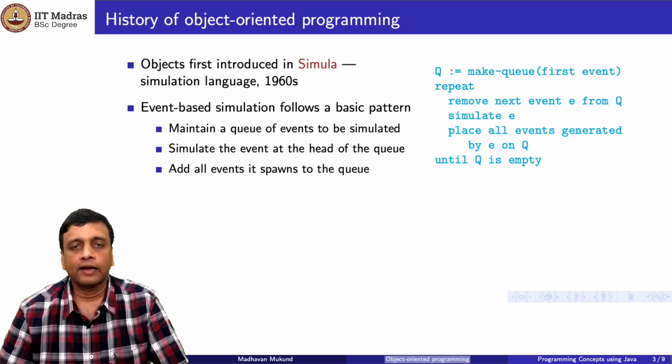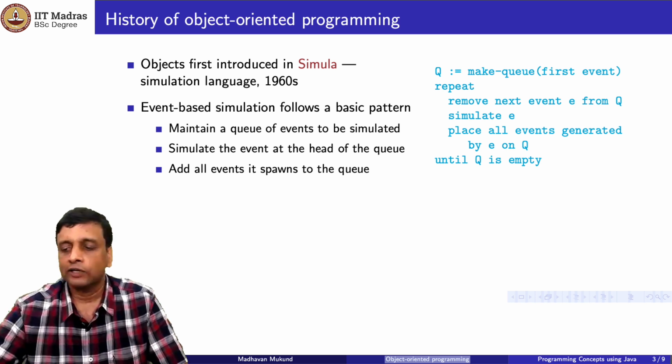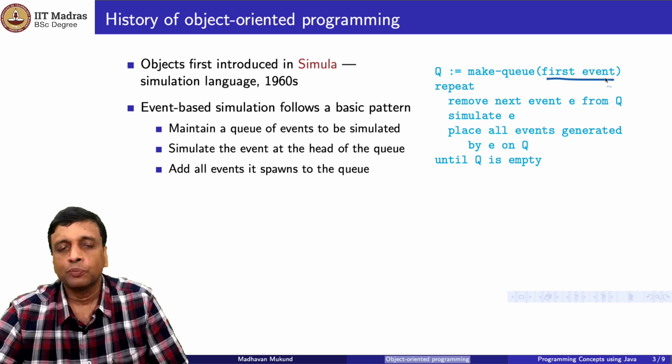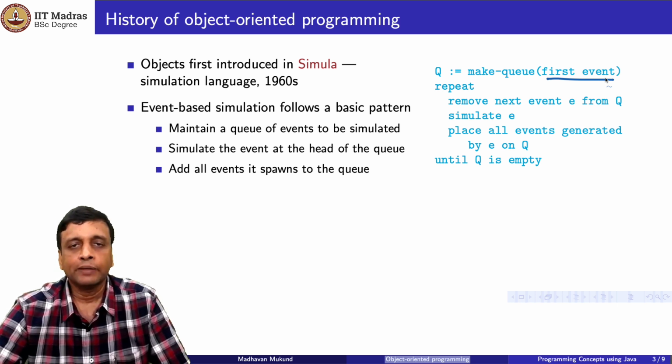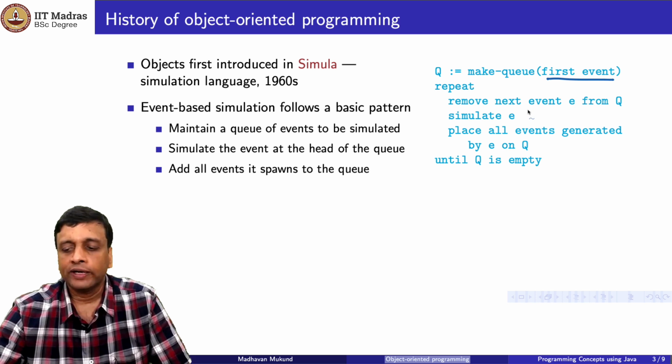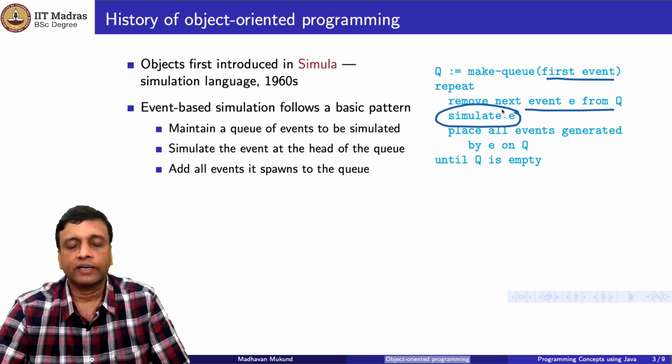So the typical run of a simulation starts like this. You start off with an initial event, which you put into a queue. So this is a queue of events that remain to be simulated. So at every point you take the head of the queue, the first event E in the queue, and then you simulate it. So you do whatever effect that event has on the environment that you're trying to simulate. And in turn, this event might trigger other events. So you trigger these events by putting them in the queue. So when their turn comes, you will explore their effect. Though in a real life system, these events will be happening concurrently, simultaneously, in a simulated system, you execute them in a particular order following a queue.